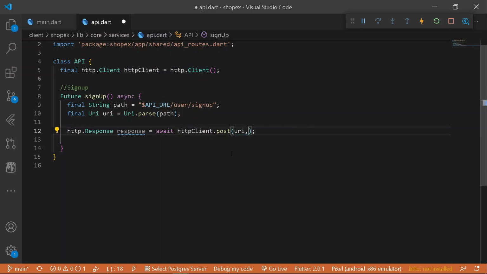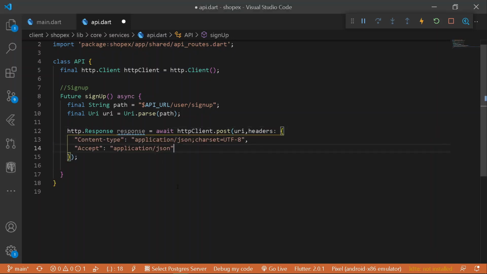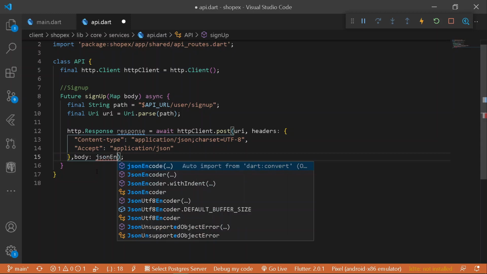And after having the following URL, it shall be also requiring some headers. So let's have some common headers. And under the case of headers, you need to write here a content type and also an accept, which shall be requiring application/json. And similarly, under the case of content type, it shall be application/json with charset utf-8. And once we have done this, we shall be also requiring here a last attribute, which will be a body. So for inputting our body, we shall be moving under our signUp. And here we shall be having a new map of body, just like this. And under our body, I will be simply writing here jsonEncode.